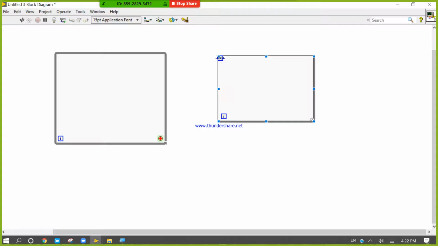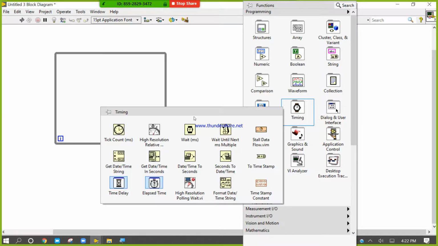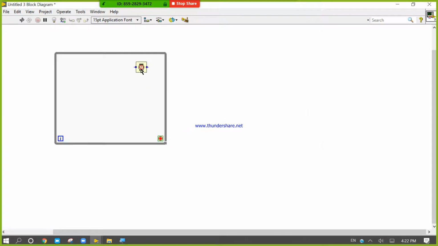Case structure, we can control case structure by this n. Okay, there is only a single difference, and that is this one. For the for loop, we can control the execution, we can control the simulation speed of the for loop by using the wait function.